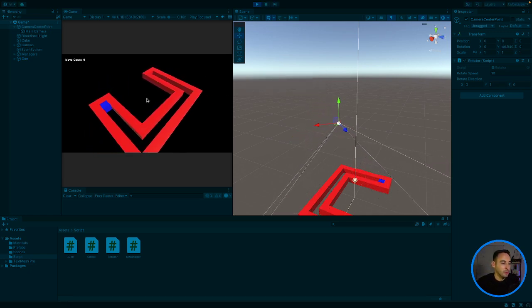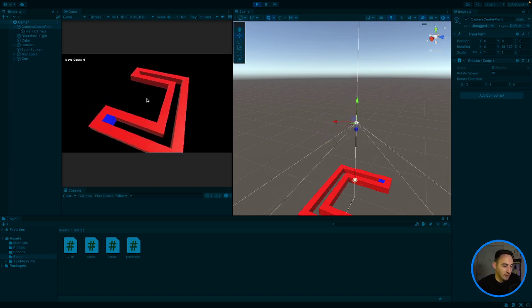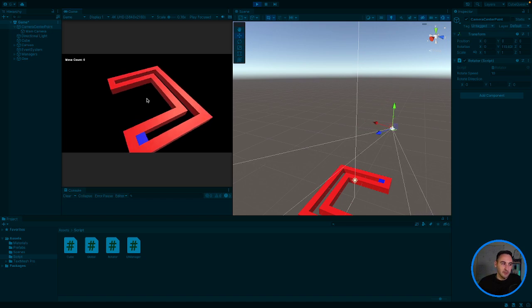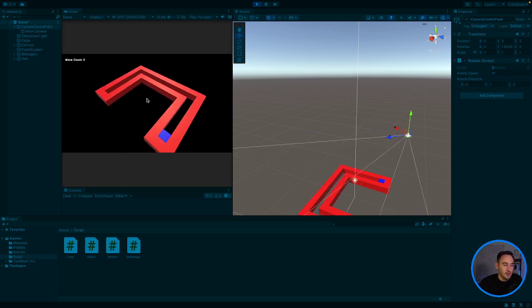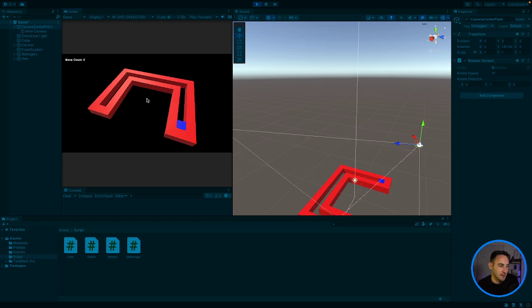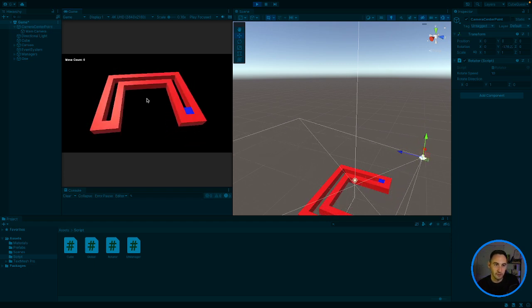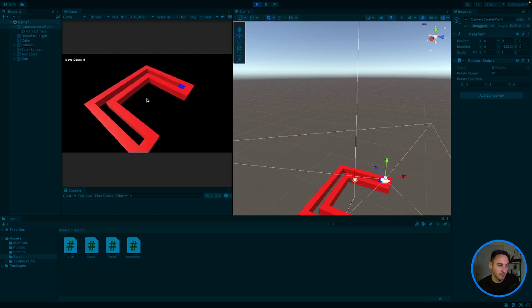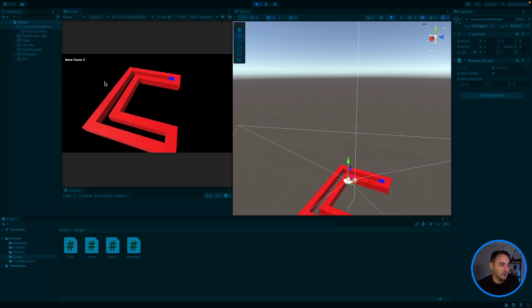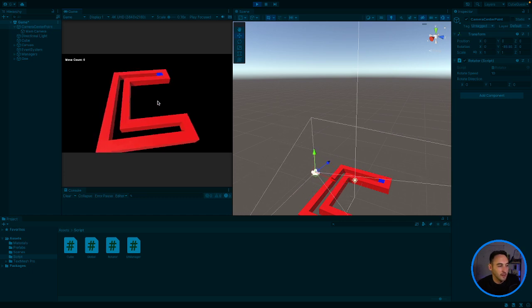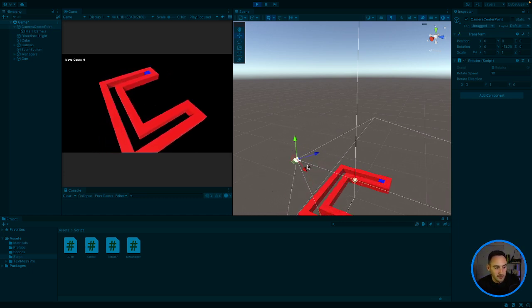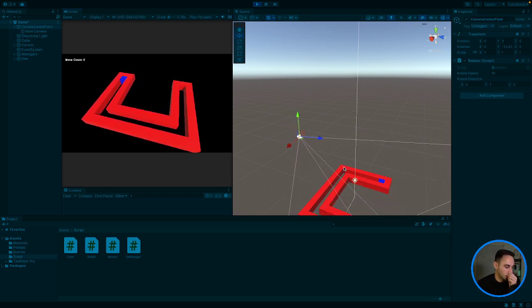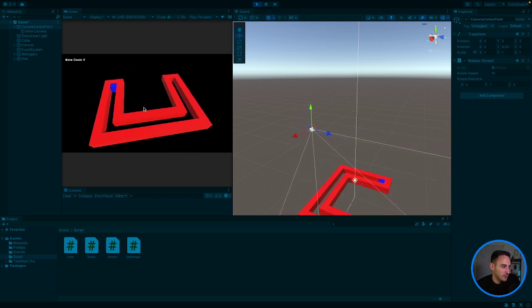So the level will always be in the center of the screen. Well, it should be, because we will position everything to be focused in the center, and because our center point pivot for our rotating camera is also in the center, the camera will always rotate around that center point. So as long as we put everything in the middle of the scene and the distance between the camera and the actual center point is big enough to see everything, it should be fine. So here you can see that our game